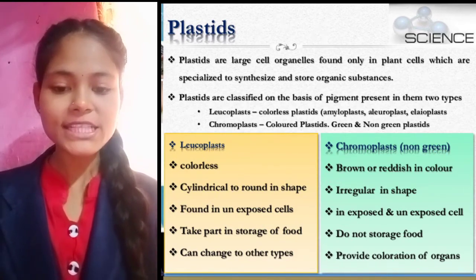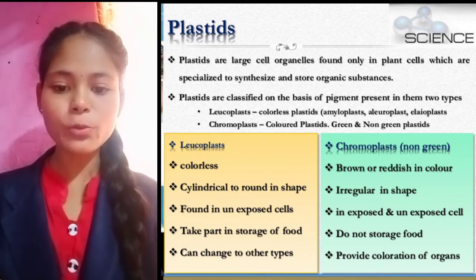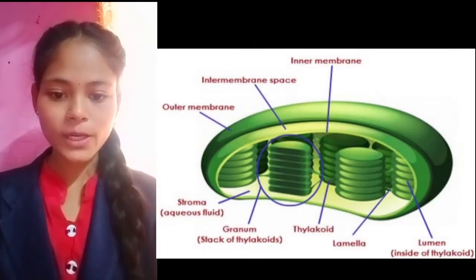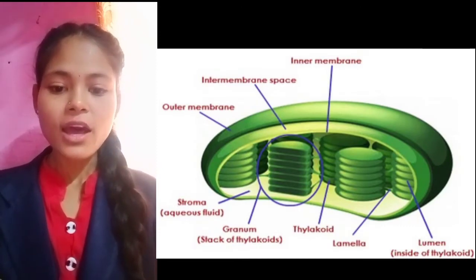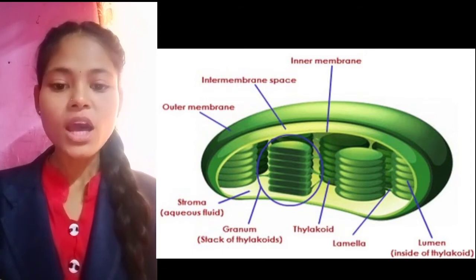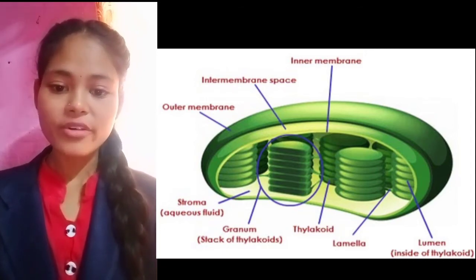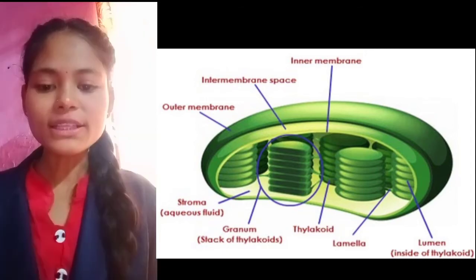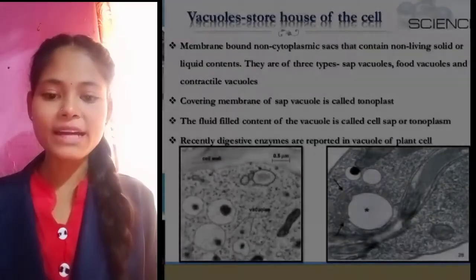If we see the internal structure of the chloroplast, it is made up of numerous membranes which are embedded in a material called stroma. From the outer appearance, they look like mitochondria. They also have their own ribosomes and DNA. This is another cell organelle present in plant and animal cells.